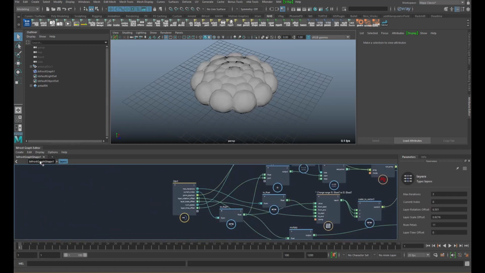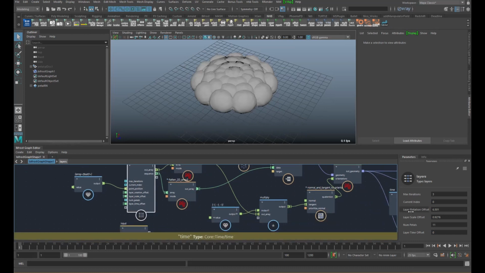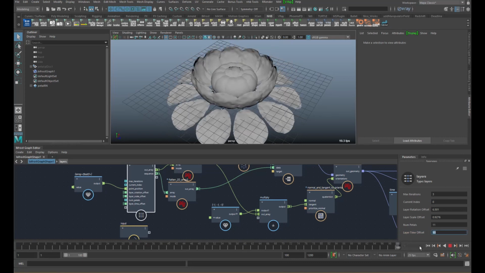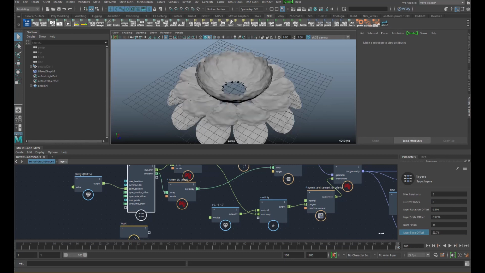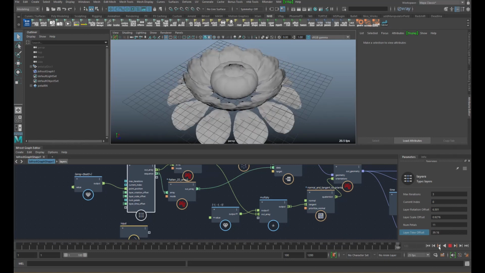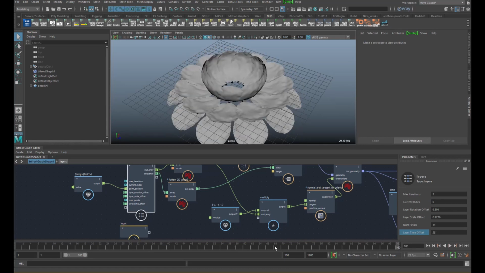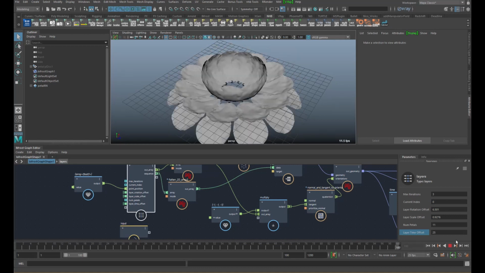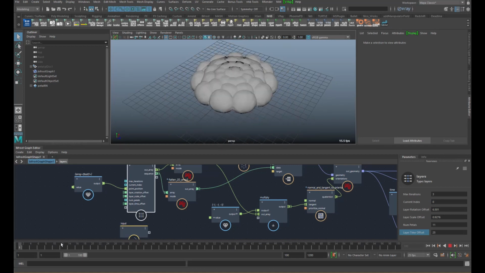And yeah, if you increase the time offset, the inner layers are going to animate later. And that's the first step of making this interesting.